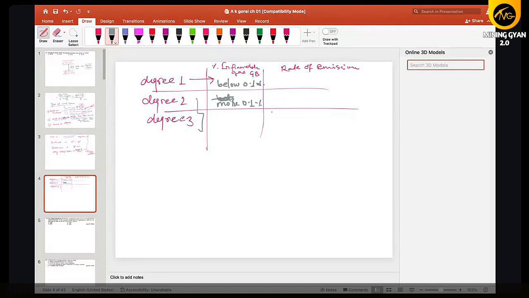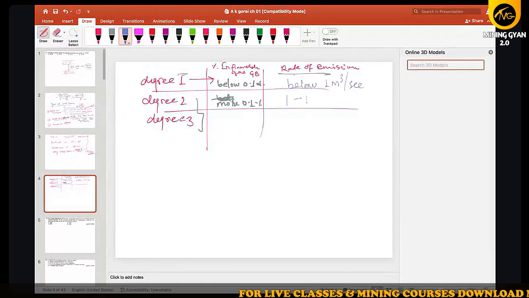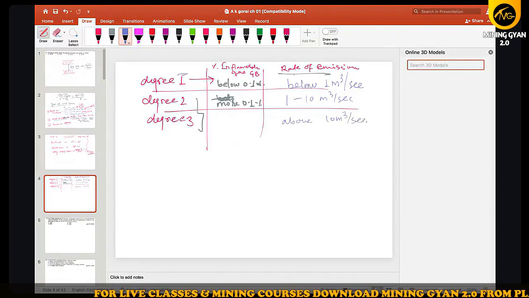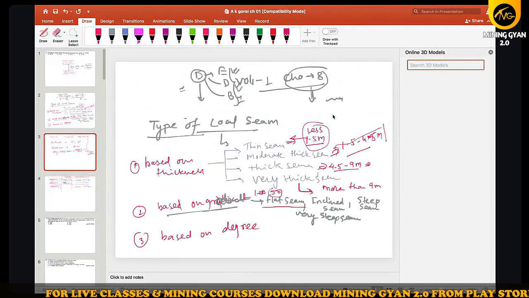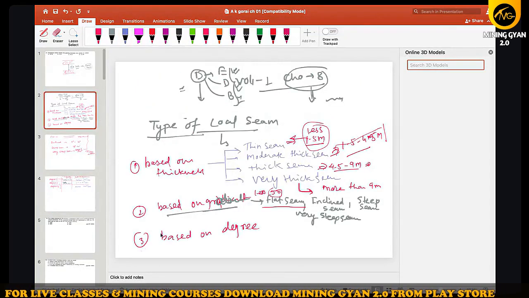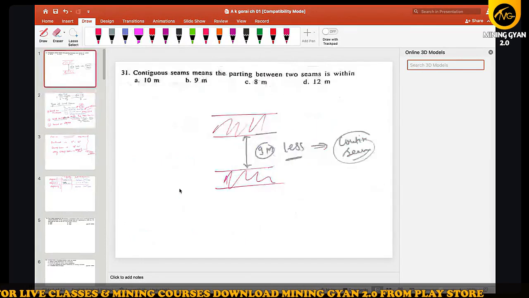देन डिफरेंस बिटवीन डिग्री 2 एंड डिग्री 3, रेट ऑफ इमिशन. रेट ऑफ इमिशन के बेस पे हम डिग्री 2 एंड डिग्री 3 में डिवाइड करते हैं. फॉर डिग्री 1 रेट ऑफ इमिशन बिलो 1 मीटर क्यूब पर सेकेंड है ना. फॉर डिग्री 2 ये 1 से 10 मीटर क्यूब पर सेकेंड. फॉर डिग्री 3 अबव 10 मीटर क्यूब पर सेकेंड। ठीक है, ये 3 टाइप से हमने देखा कि बेस्ड ऑन द थिकनेस, बेस्ड ऑन द ग्रेडियंट, बेस्ड ऑन द डिग्री। ये हमने सीम का डिवाइडेशन देखा।